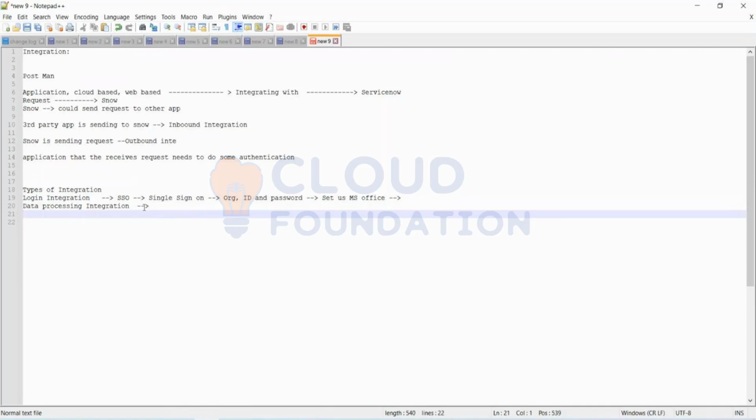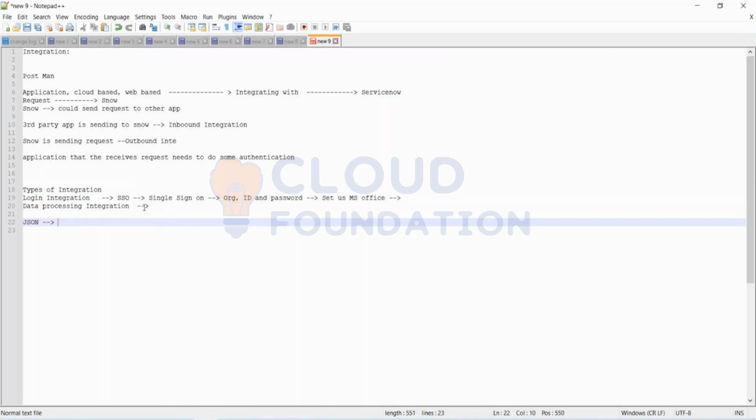What they needed in their integration was whatever data centers had been updated within the last 7 days. They had a time frame. We have to send the data out to the third party application in the form of JSON. It will send out data without any comma separator, in a compact form, like a string type.